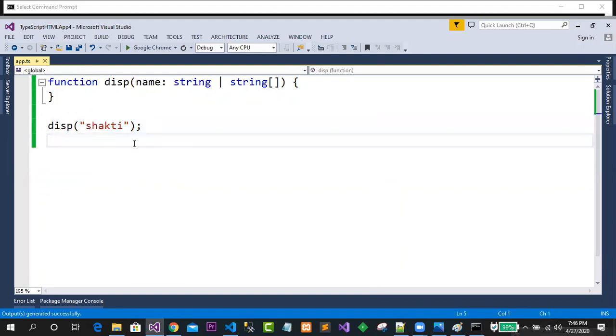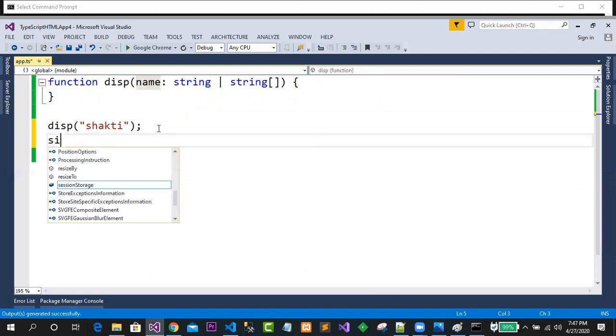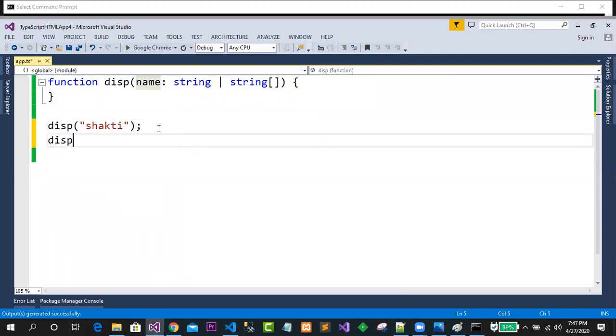If this is the value, this will work. Clear? It should work, and we should write the code for it. If I go for, let's say, display, in this case I call disp, and in here, let's say one array kind. So this is the array. Let's say Amit is here. Let's say Badal is here. A group of people I want to go through. Let's say Lucy is here. Some of the names I have gone through.